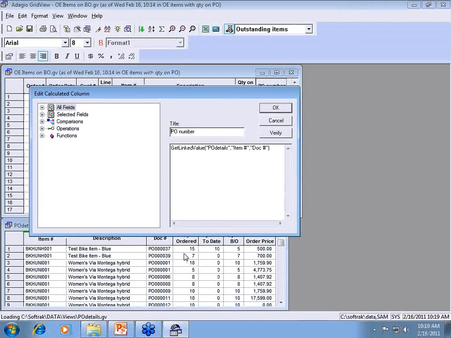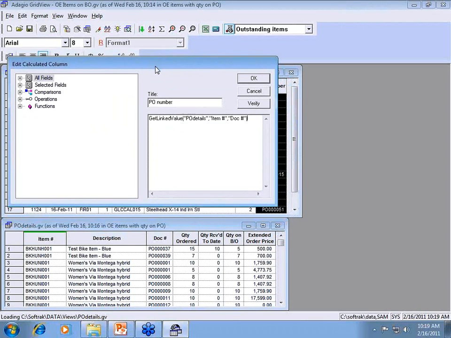So if we go back to our inquiry, just to show you how this looks, we've got Get Linked Value, and we're going to look at the PO Details view. There's the PO Details view that we've created, and you notice it's in double quotes. The field that's in common is the item number, and the field that we want to read into our view is the document number. And so when we say OK,